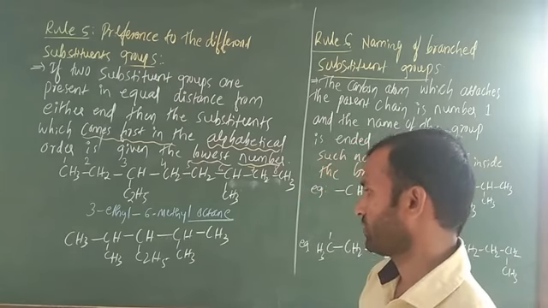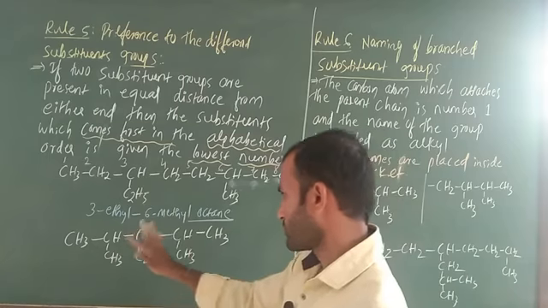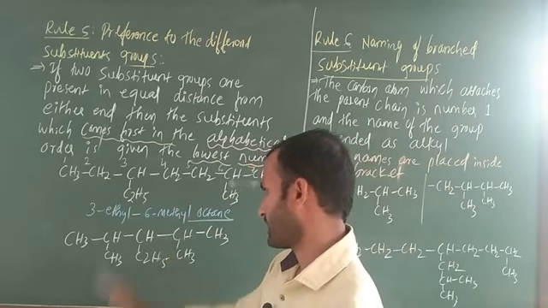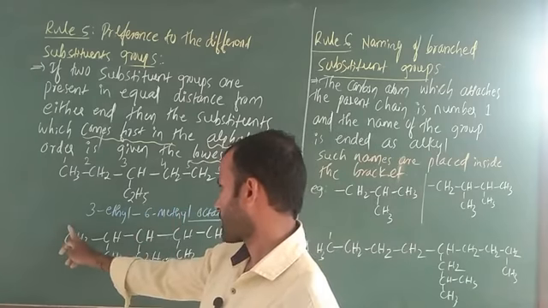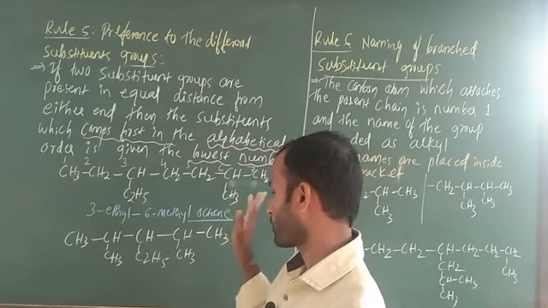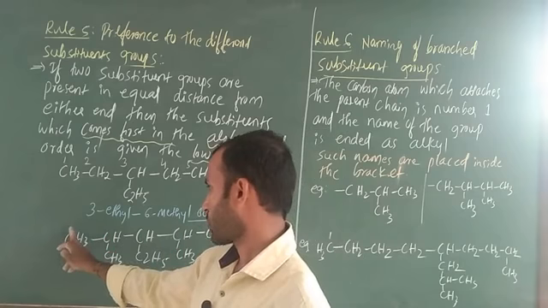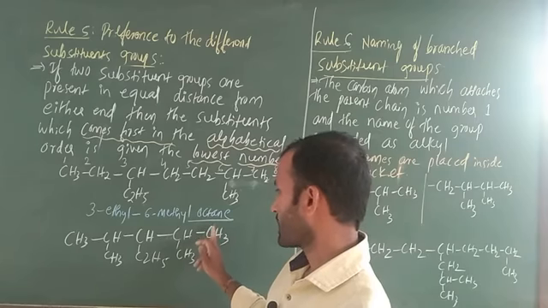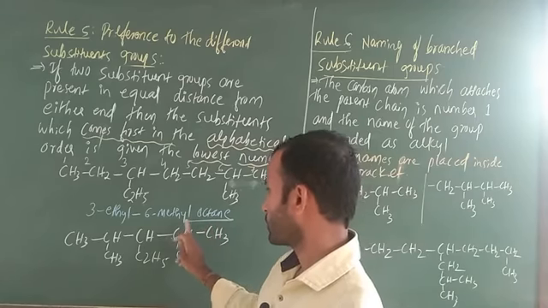Okay. Now tell me which rule you are going to apply and how you are going to mention the numbering. Okay, just here. First you have to see the compound and select the parent chain. This is what? Carbon number 1. If this is 2, 3, 4, 5, no problem. I am going to select like this also 1, 2, 3, 4, 5, no problem. If you are going to select this way 1, 2, 3,